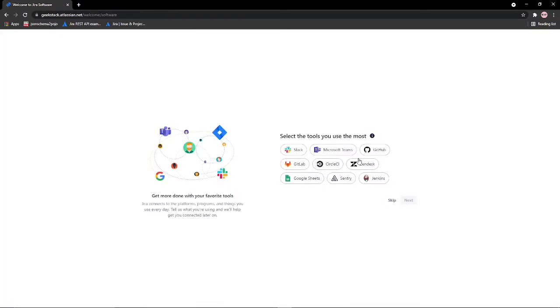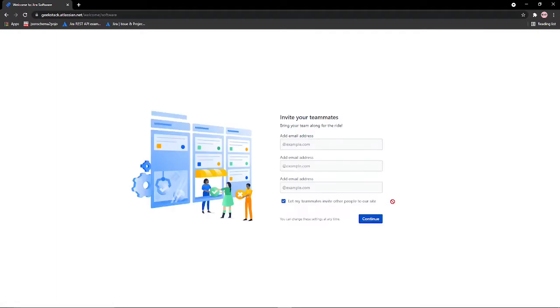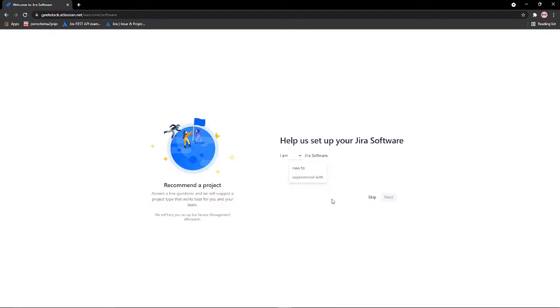If you want, you can give the detail; if you don't want, you can skip it. This also you can skip. You can select whatever is suitable for you. I've just selected this option.